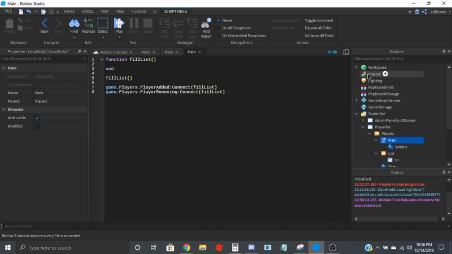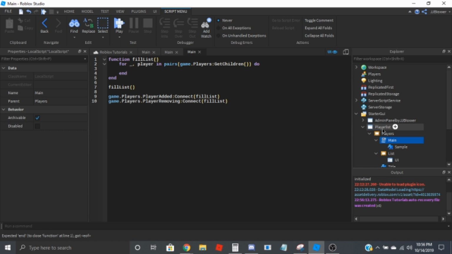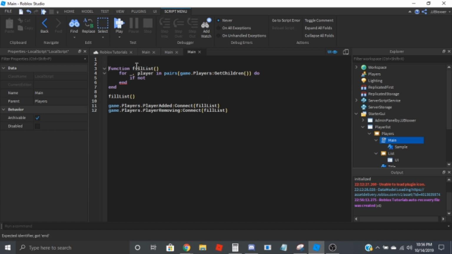the players folder inside the game. We're going to go for player in pairs game dot players get children, and then let me just create a variable real quick for the updates when I first created the script here. So we're going to do local PLR list equals script dot parent dot list,